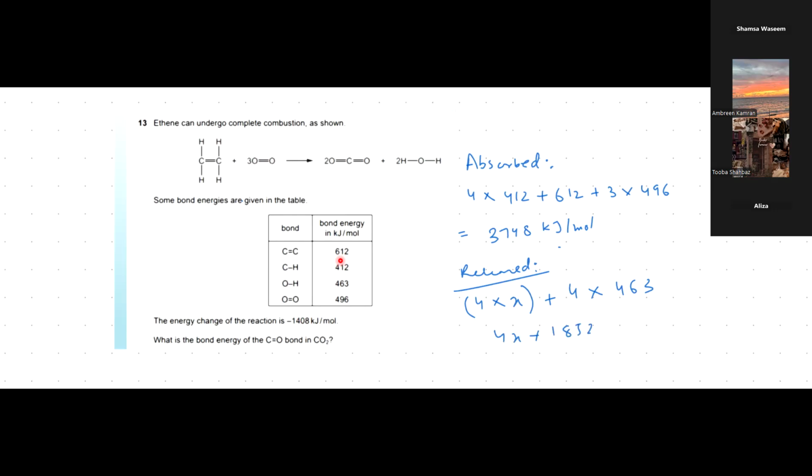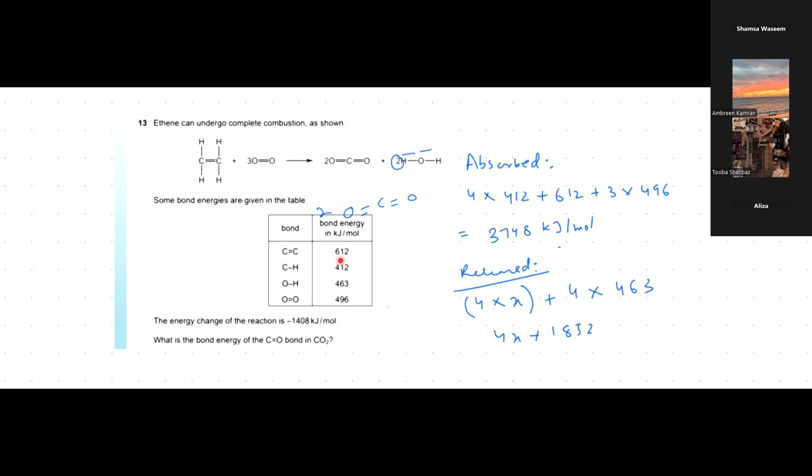Do you understand, girls? Yes, now look, this carbon double bond oxygen we have to find out, right? I'm just going to make it as unknown bond energy x. Now see how many carbon double bond oxygen bonds are there in carbon dioxide. In a carbon dioxide molecule there are 2, right? But if I have written 2 here, there are going to be 4 bonds. So therefore I have written 4x. Plus there are going to be O-H, 2 bonds. But as the number written over here is 2, there are going to be 4 O-H bonds. So therefore I have multiplied 4 by 463. Okay? Did you get it?